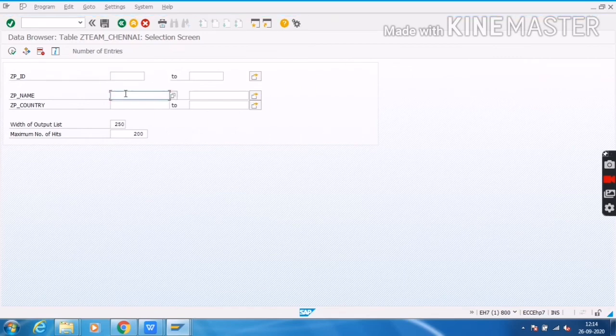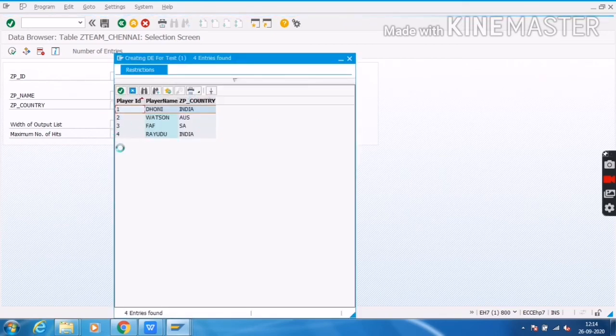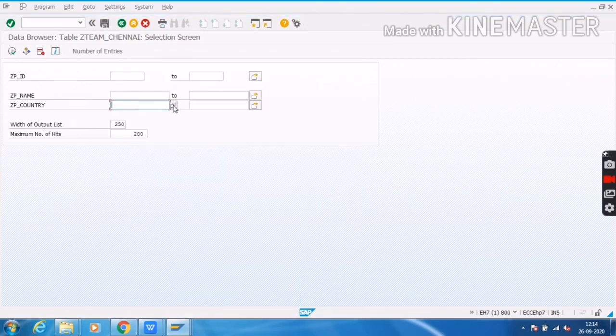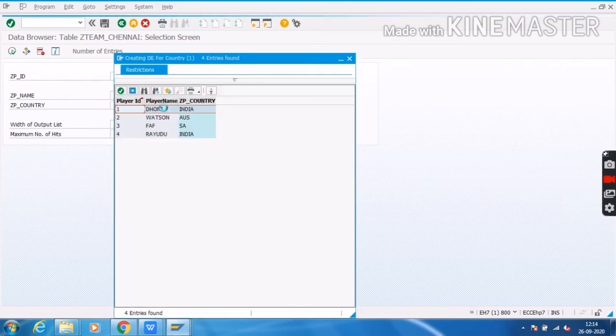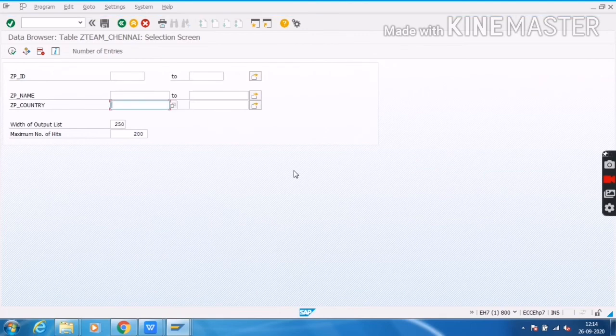Now I will click on the name field. Here also we get the search help for the name field. Then I will go to the country field. Here also we get the search help for the country field. Now we have successfully created an elementary search help.